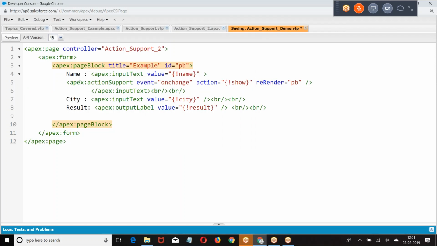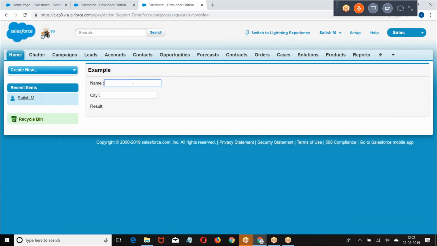So whenever the value in this input text box is modified, then invoke a method called call me. Then I give, reading, your name is Satish Sri blank.